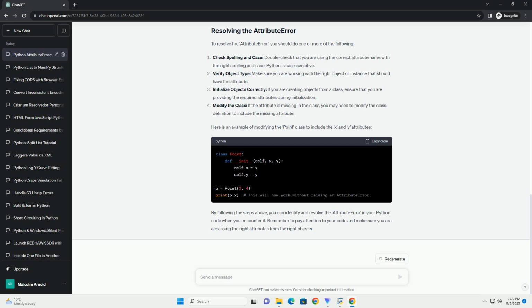Here is an example of modifying the point class to include the X and Y attributes. By following the steps above, you can identify and resolve the attribute error in your Python code when you encounter it. Remember to pay attention to your code and make sure you are accessing the right attributes from the right objects. ChatGPT